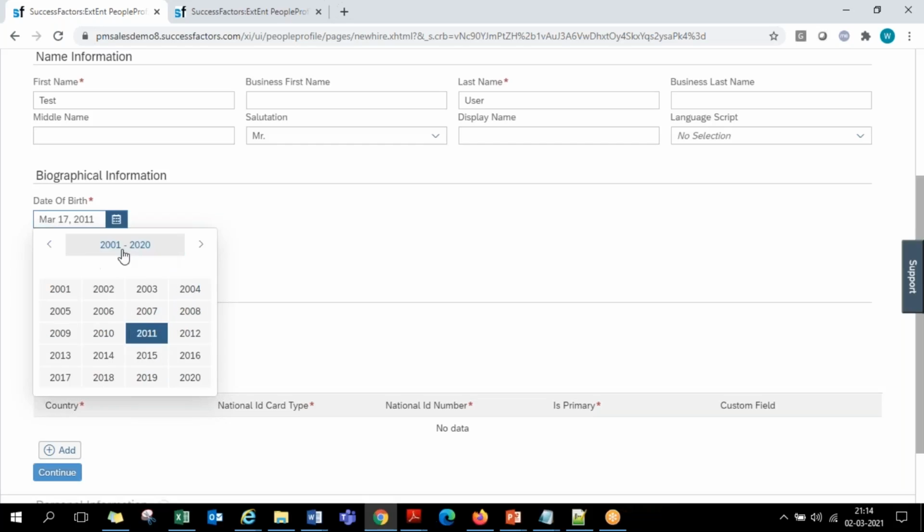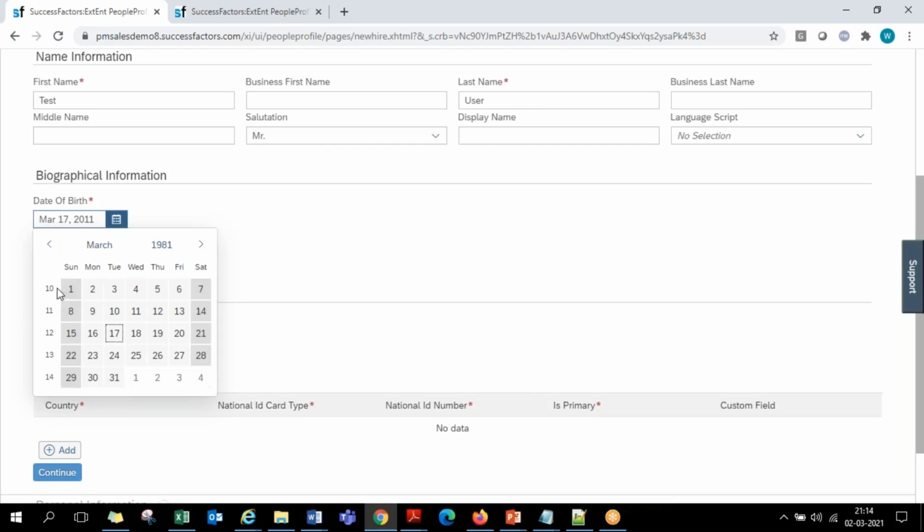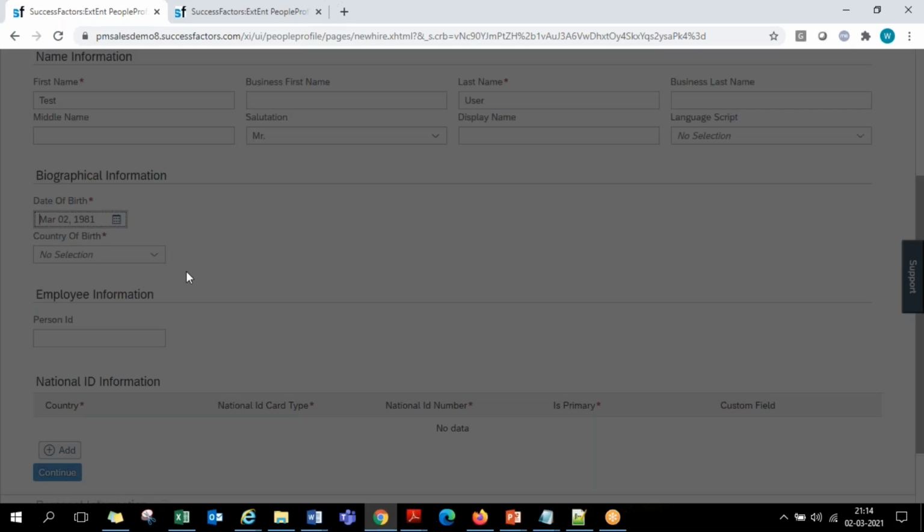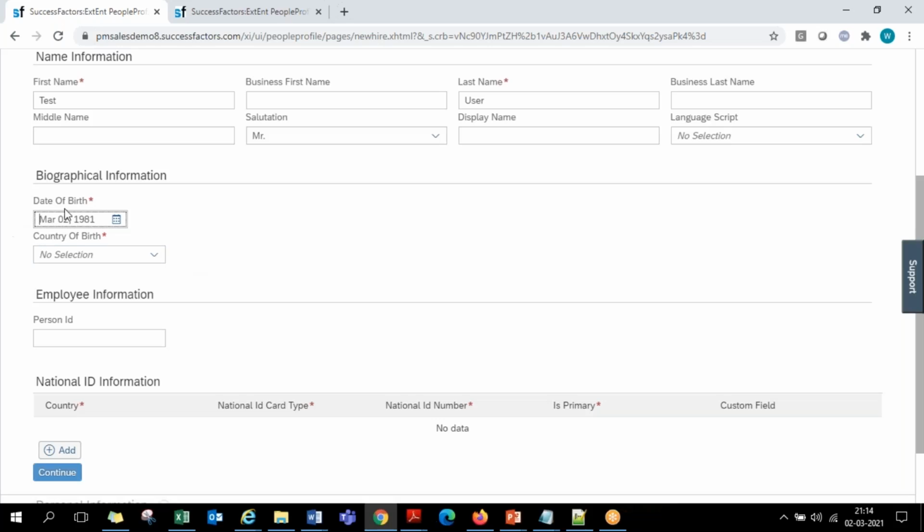When I'm selecting some year in the 1980s, it's not throwing me any error. So this is something that we can achieve through business rules and validations. We'll even see that in our down the line sessions. Country of birth, if I want to make it India itself here, I can just select that.